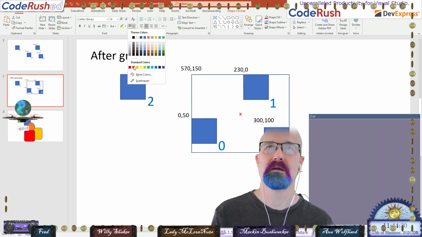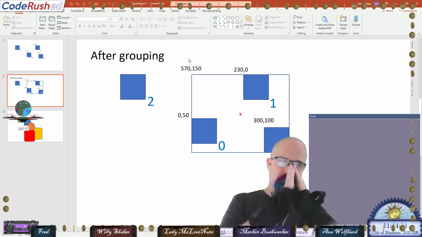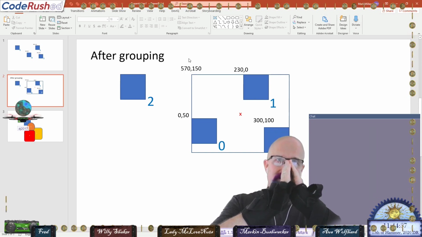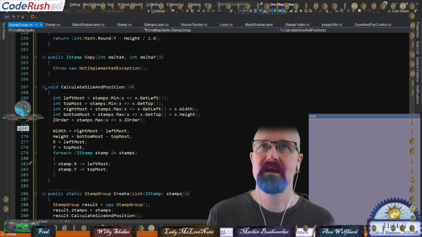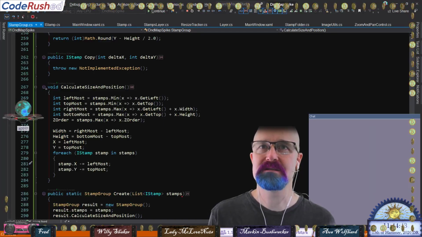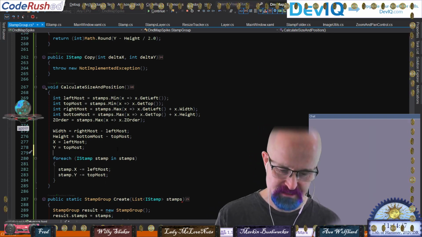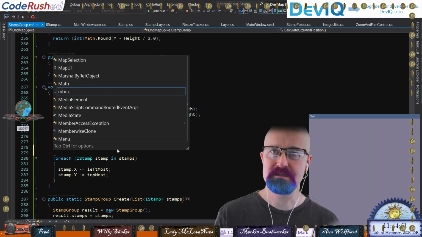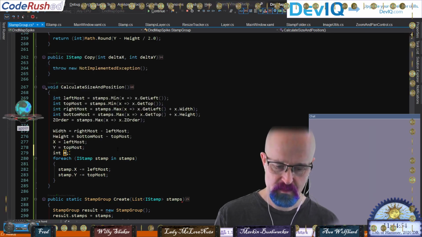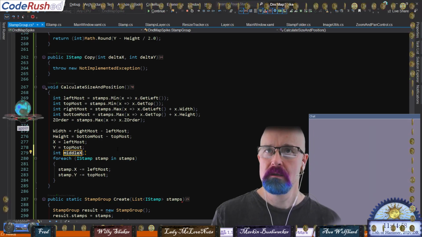That's the middle position. So it's got to be relative to the middle is what it has to be. And I think this code is going to need to look like this. I'm going to stay with that logic. So I'm going to say middle X,